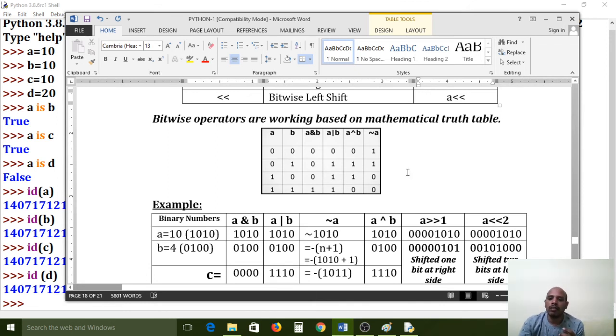So bitwise operators also work based on the truth table of A and B. These two are bits. If both bits are true, then A and B is satisfied. Otherwise it is false. Here 0 indicates false, 1 indicates true.